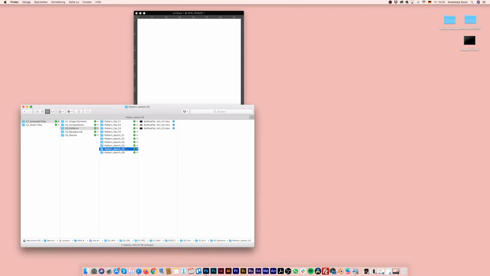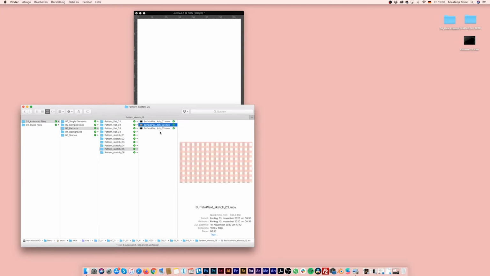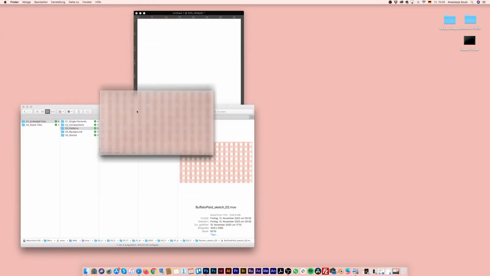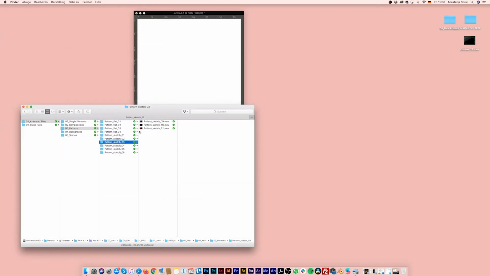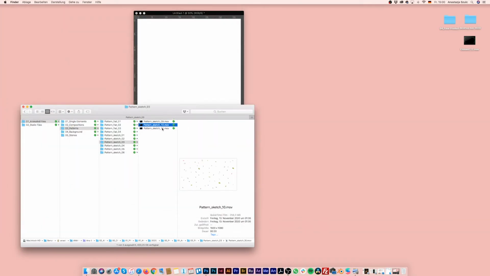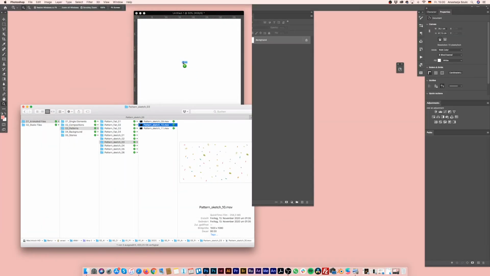Which one could we do? By the way, you have the buffalo plaid patterns, I hope I named it right, which are available in the sketchy version, because if you make it flat, it doesn't move at all. So I simply added these ones so they have this crinkly, wiggly kind of texture. Which one could we take? Let's take this one. This is super cute.